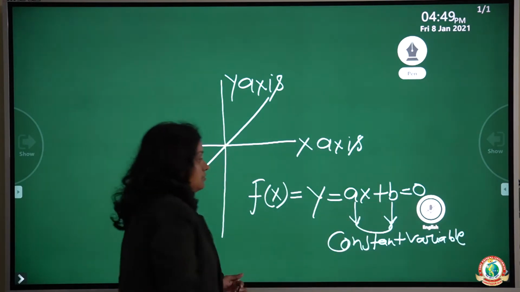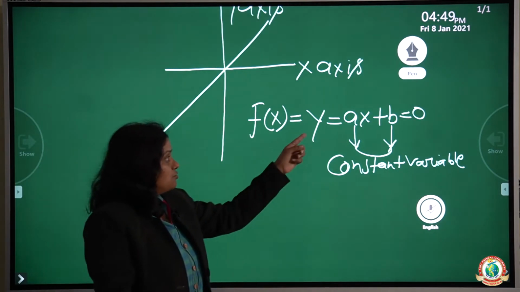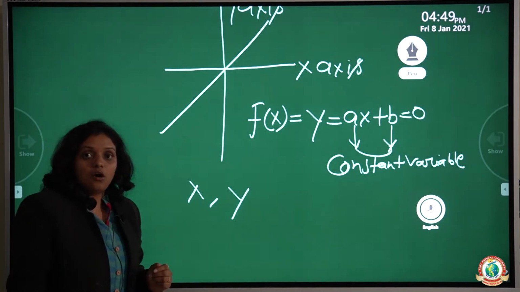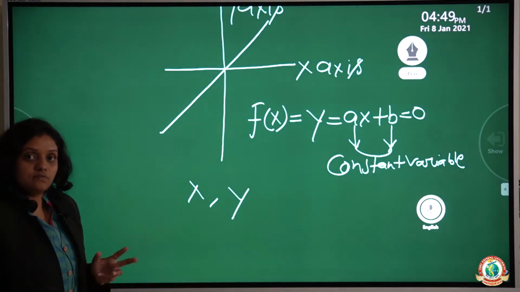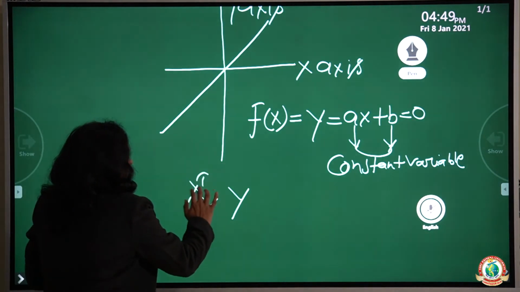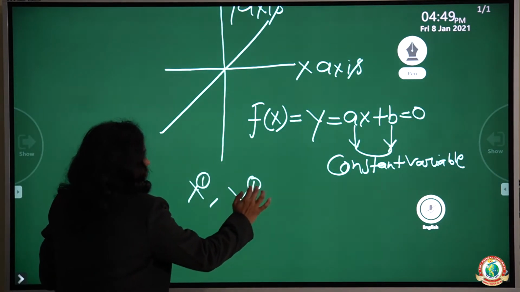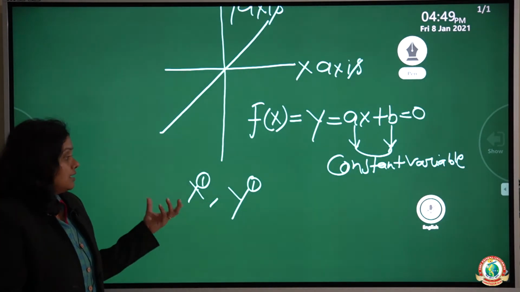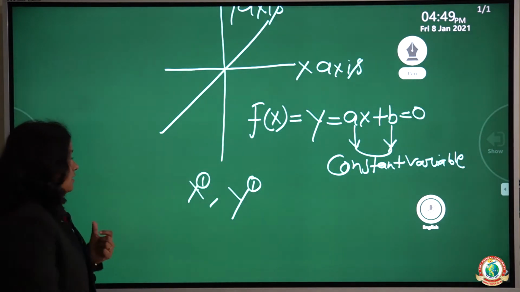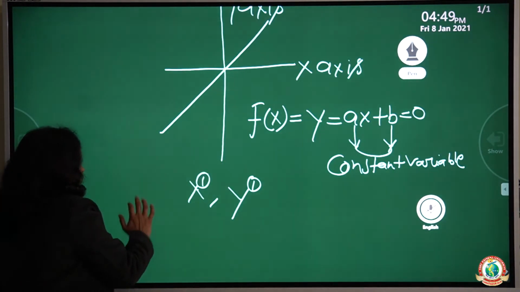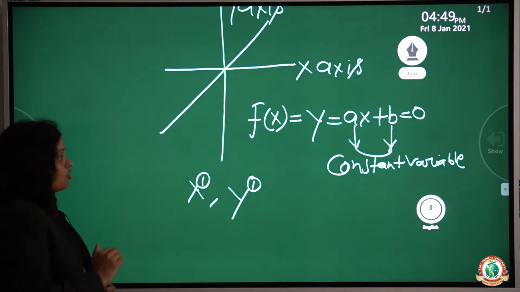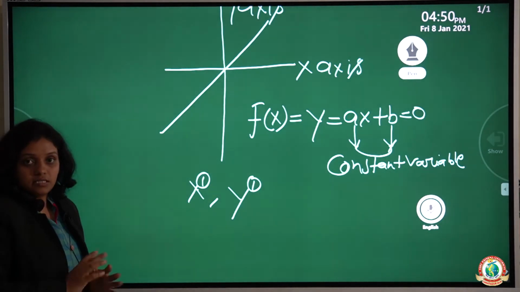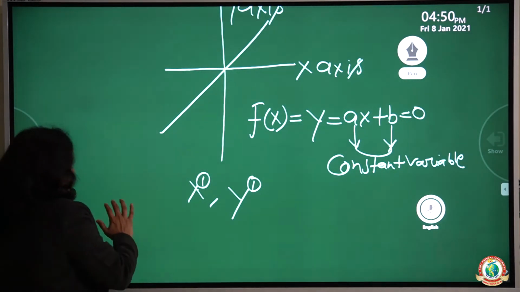In this equation two variables, x and y, are defined. So the degree of a linear equation is always 1. Let's see, the power of x and the power of y is 1. So we can say that the degree of a linear differential equation is 1. Next, in this graph we also define the tangent equation, meaning the linear equation is also the tangent equation.